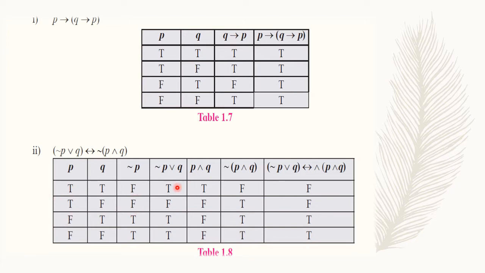Then p ∨ q: T or T is T, T or F is T, F or T is T, and F or F is F. Only in the one case where both values are false is the OR false. In the remaining three cases the OR connective gives true. Then p ∧ q: T and T is T, T and F is F, F and T is F, and F and F is F. Only once it is true, when both statements p and q are true. In the remaining three cases it will be false. It's just a revision of what we learned in connectives.